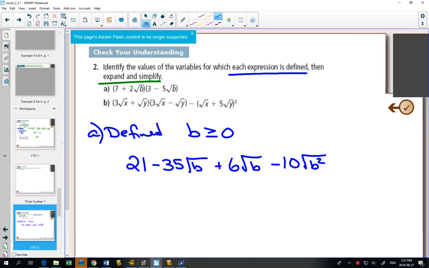Do we have any like terms? Yes. These are like terms. They can be put together. Negative 35 plus 6 will be negative 29 root b. Can I simplify the square root of b squared? Absolutely. It becomes negative 10 b, because the square root and the squared cancel each other out, and when we